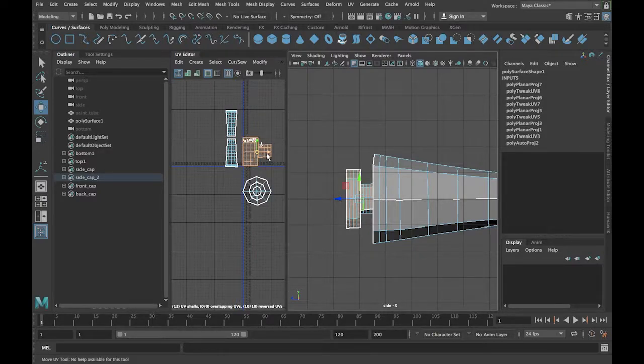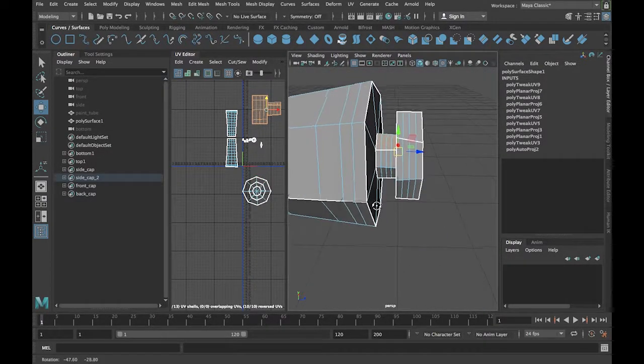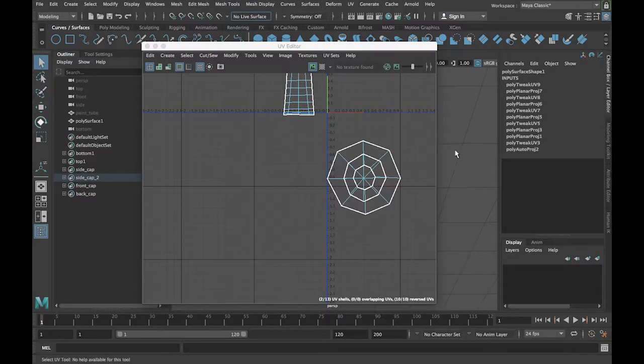Okay, and so of course these are way larger. That's okay. Because I had all of these selected accidentally, because I'm kind of rushing here, let me go ahead and paint on my selection